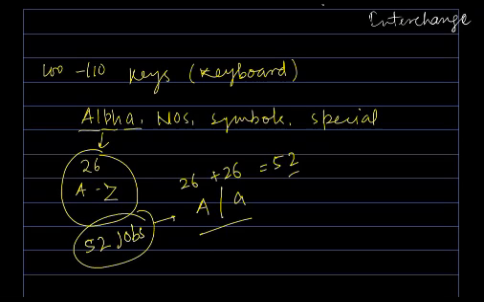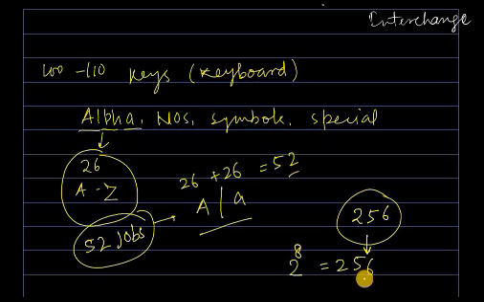You must be knowing that we can press combinations in computers also. So if we talk about the keyboard, which has around 100 to 110 keys, how many combinations can actually be generated by a computer? You know, these are 256, right? So a computer can generate 256 types of instructions, commands, numbers, symbols. The total input for a computer can be 256. And why this 256? Because the base of the binary number system is 2 and 1 byte represents 8 bits. So if I expand it, it will be 256.